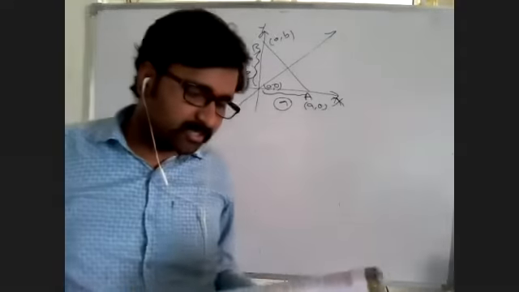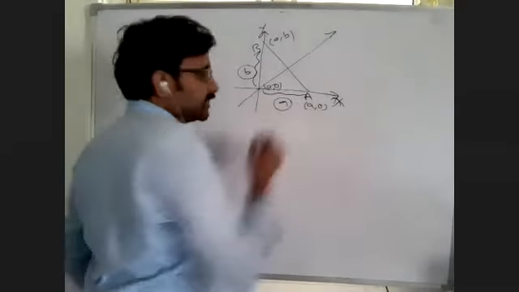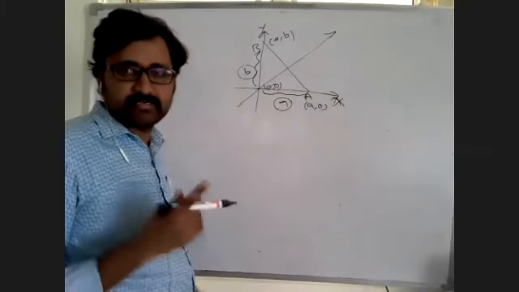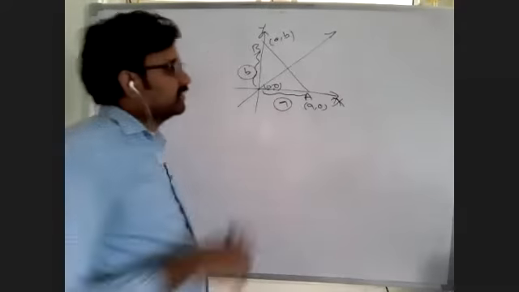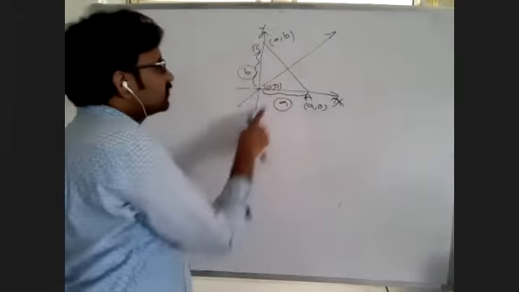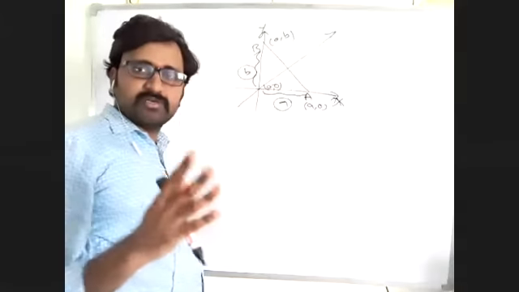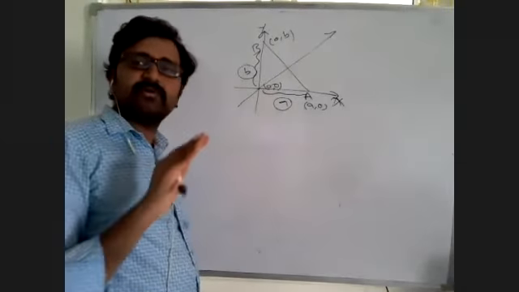X intercept of a horizontal line is not defined. For a horizontal line, x intercept does not exist, ఎందుకంటే x intercept కావాలి అంటే x axis ని కట్ చేయాలి. x axis ని కట్ చేయడం పాసిబుల్ కాదు, y axis ని కట్ చేస్తుంది ఇగో ఇక్కడ. So for a horizontal line there is no x intercept.